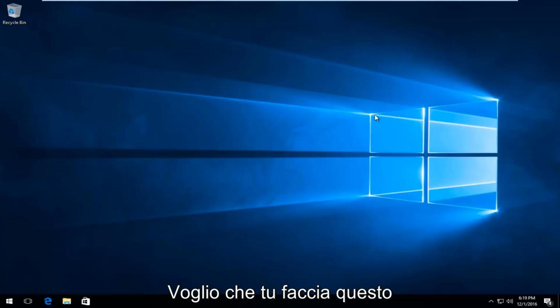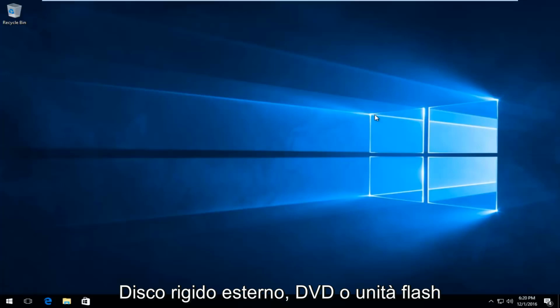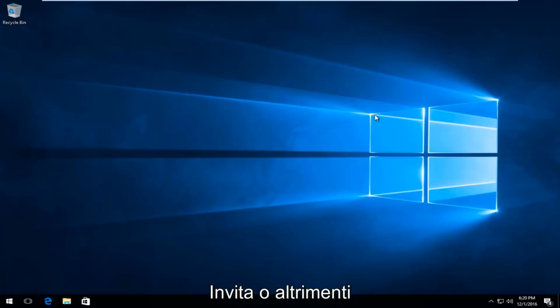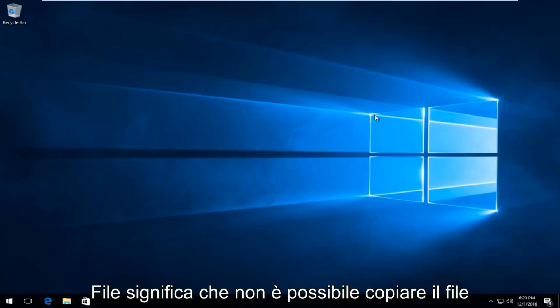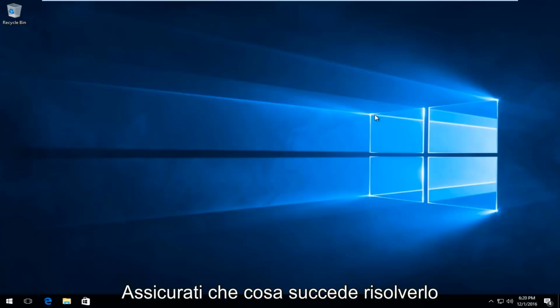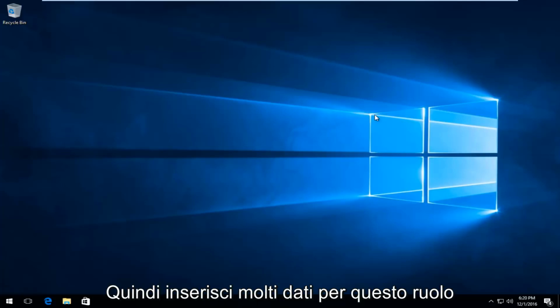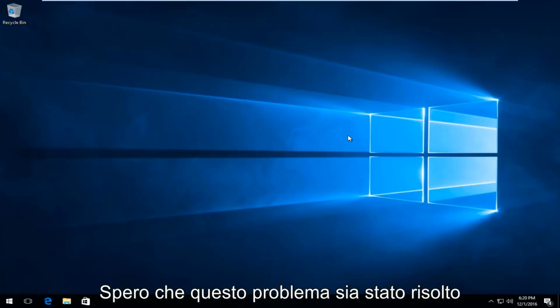Today I'm going to be showing how to hopefully resolve the "you do not have permission to access" error you might have when trying to access certain drives on your computer. Whether it be an external hard drive or a DVD or a flash drive or you name it, you might be getting an error saying you do not have permission to access this file. So that means you can't copy it, can't edit from it, which can definitely be annoying if you're trying to read and write a lot of data. So in this brief tutorial, I'll be showing how to hopefully resolve this issue.